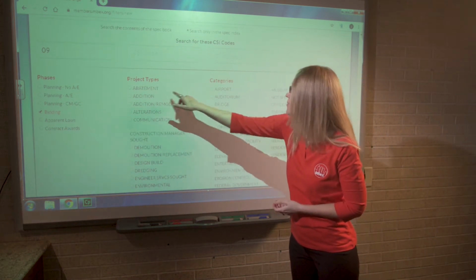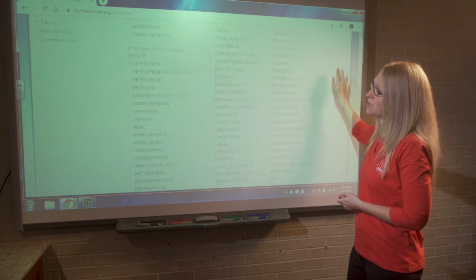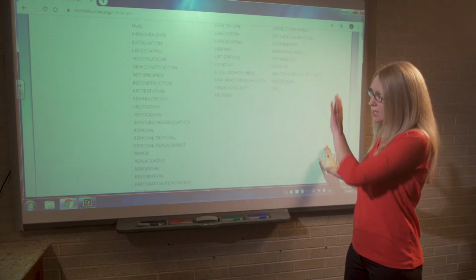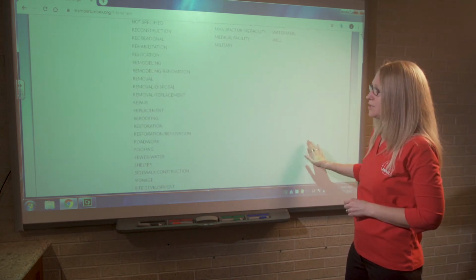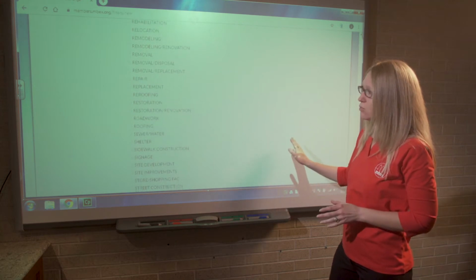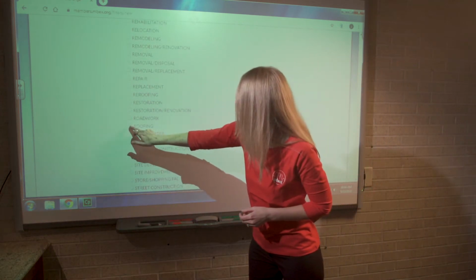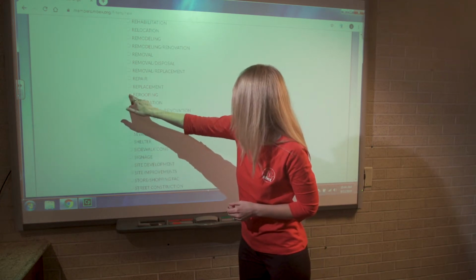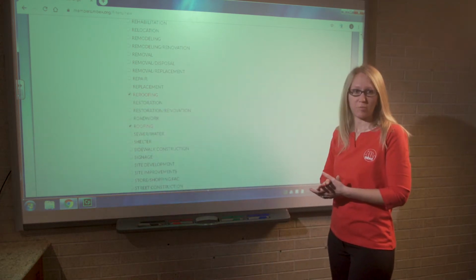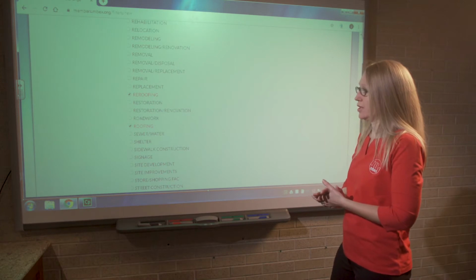Over here we've got types and categories. I like to use the example of the roofing company. So right now up at the top I know we're searching for Division 9. However, let's say a roofing company was setting up a search and they get excited, they see roofing and re-roofing. So they think they're going to see all the projects coming into the exchange that have to do with roofing